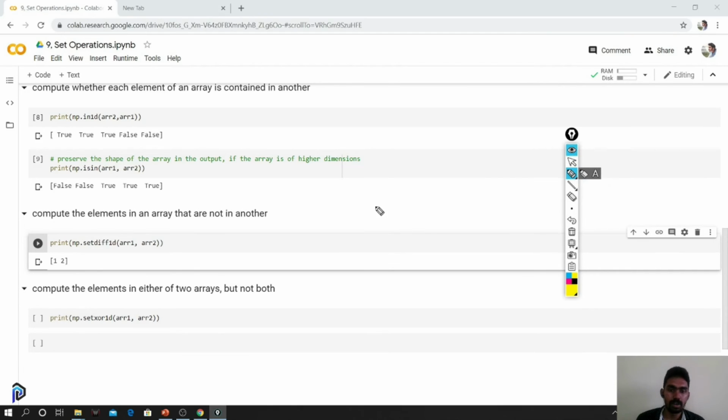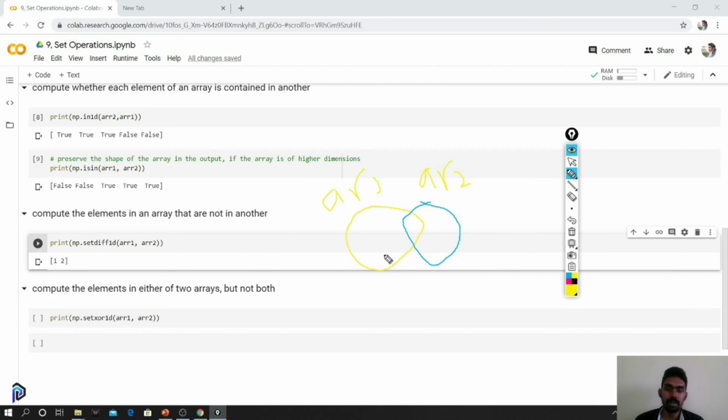So we have two arrays. Sorry for the diagram. Array 1, array 2.